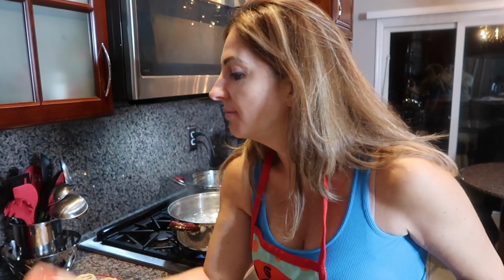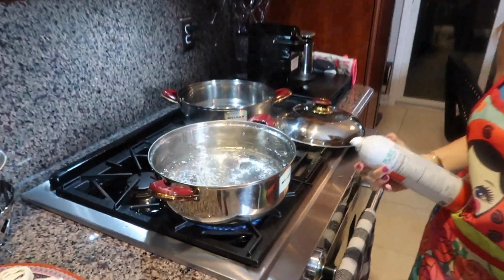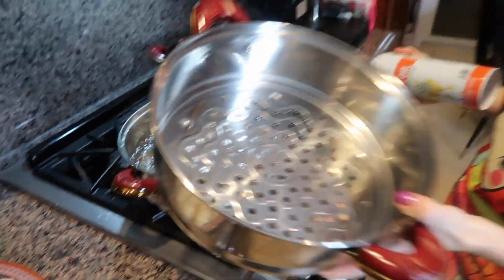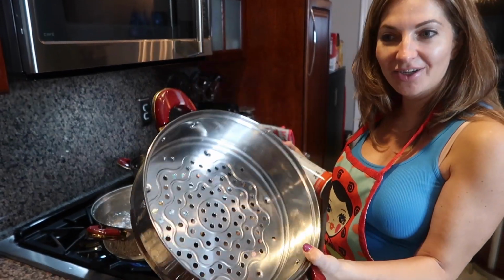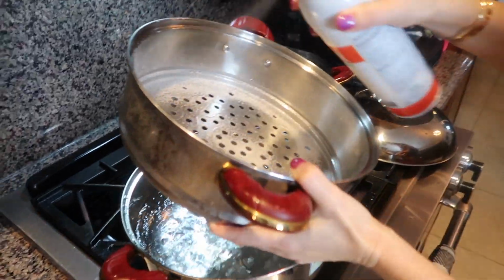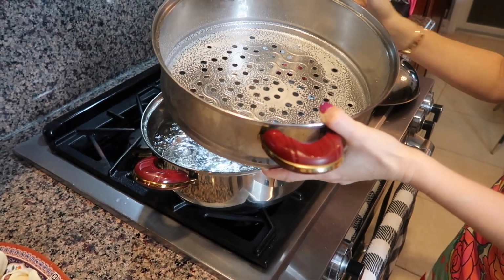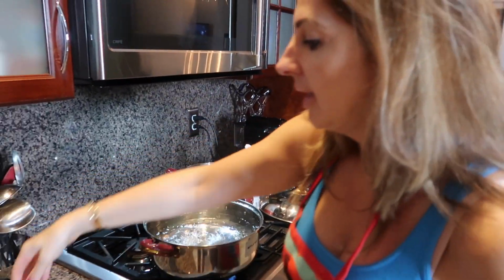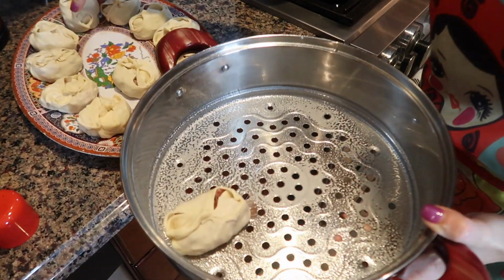My friends, my water started boiling. See? It is boiling. So now I take one of the layers and I spray it with Pam, or you could brush it with oil or butter. And now we place our manti on the top,